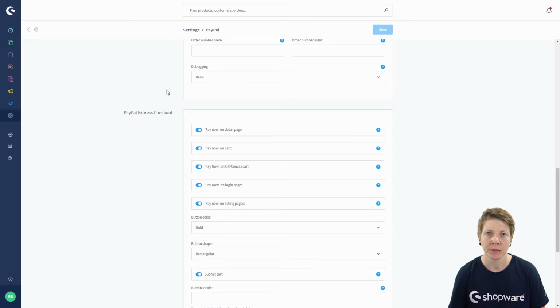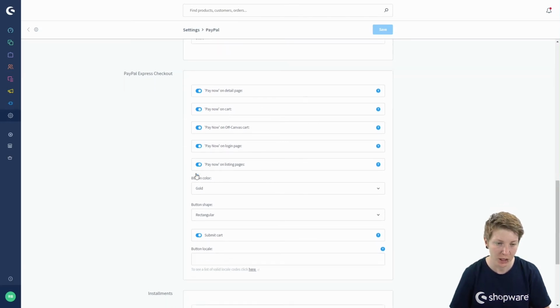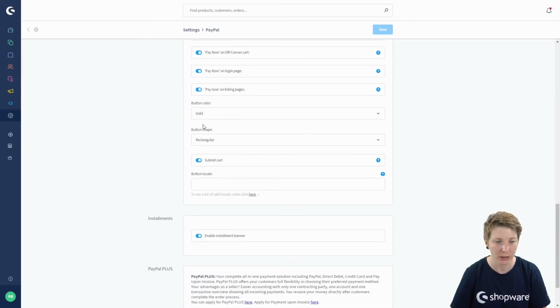Now we come to the PayPal Express settings. With this option, your customer does not have to register in the shop for his order. Up here, we have the option to control the display of the Express button. All of them are activated by default, so you can deactivate them as you wish. We can also change the button color and the button shape.